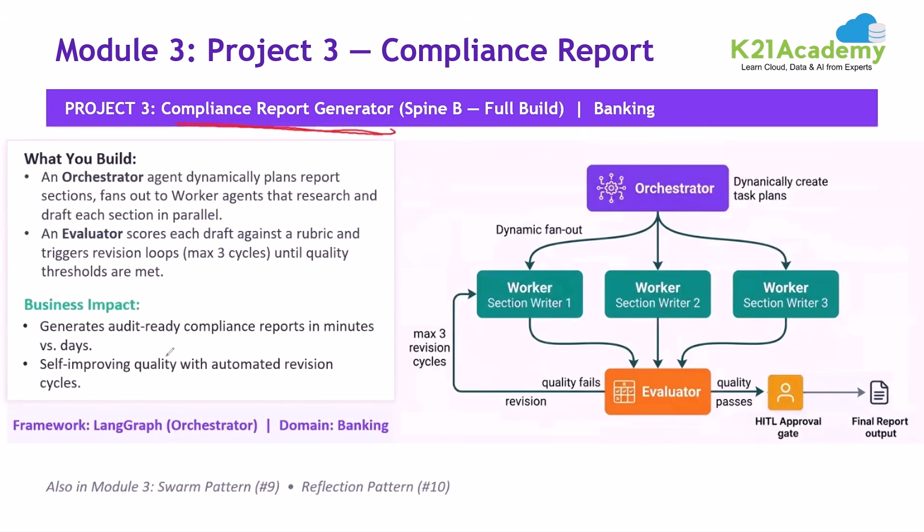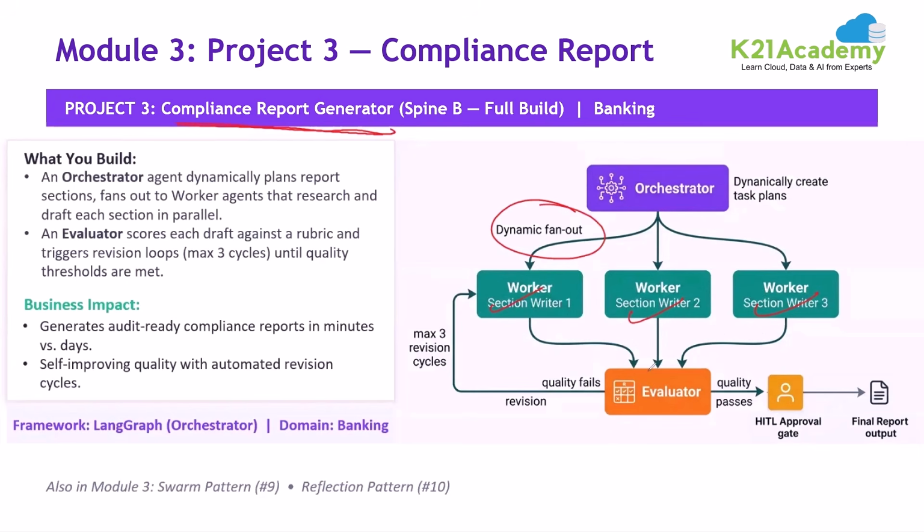Okay, for each of these compliance filings there are templates as set out by the regulators. So we want to create agents which can work on the different sections of the report generation. They will do their independent research and fill out their sections. This is what we call the fan-in fan-out pattern, where multiple agents work in parallel. They will do all that research and section writing,